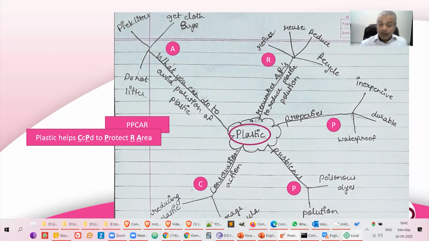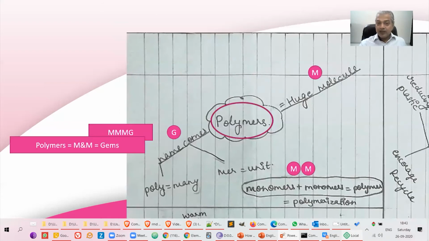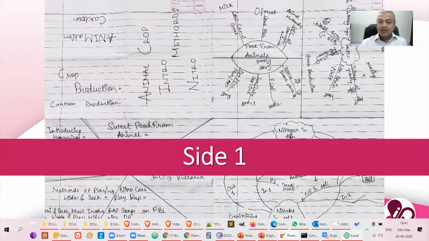And if you want, you can make a separate diagram for plastic properties and make separate mnemonics if you find it difficult to memorize that part. And that's how you will be able to remember all the aspects of one chapter, right? So that's how you do it for all the topics. Okay, so that was a very simple example of a small chapter and how you can create a pick chart.